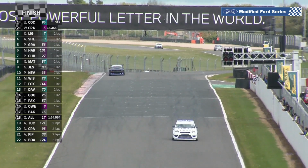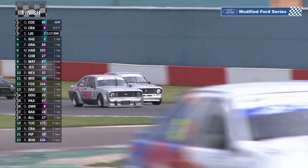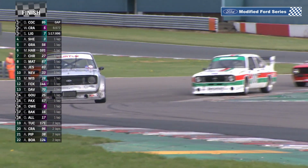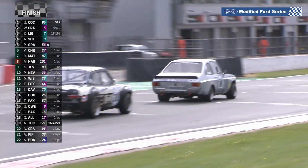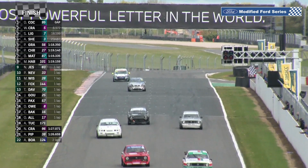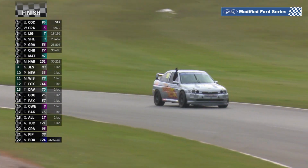In the background, look, we can see that almighty battle going on between Harding, Grange, Christoforou, and Matthias. Here they come, and that's Grange on the inside line. I think that's a back marker, actually, but that, importantly, is Piers Grange still ahead of Malcolm Harding. Now, what can Christoforou do at the line? Nothing. They're going to stay in the same order. So it's Piers Grange that comes through in 5th, Christoforou in 6th position. Now, hang on. Malcolm Harding...